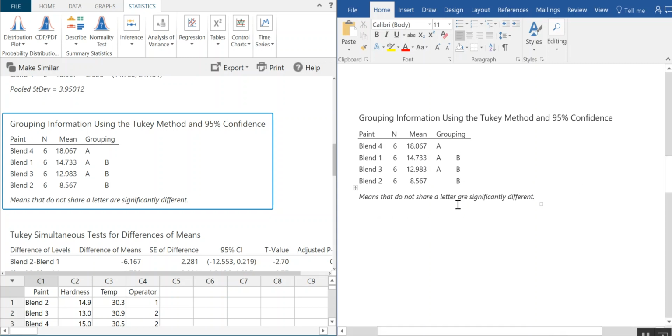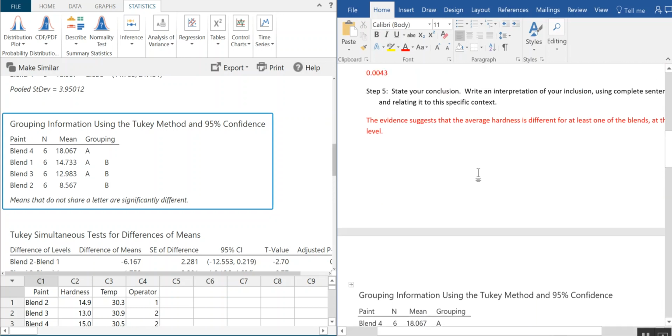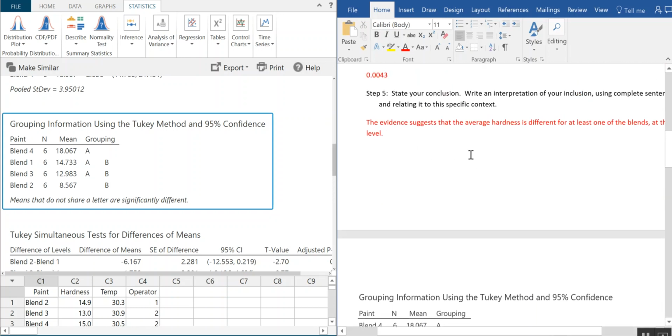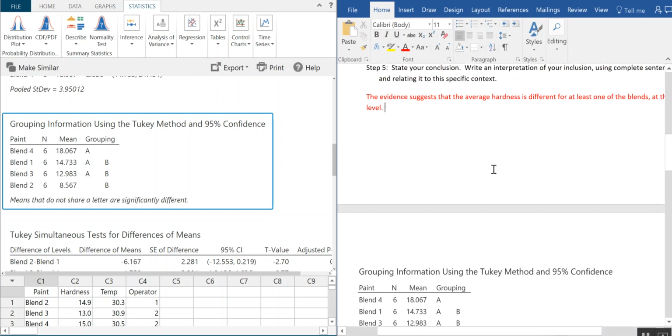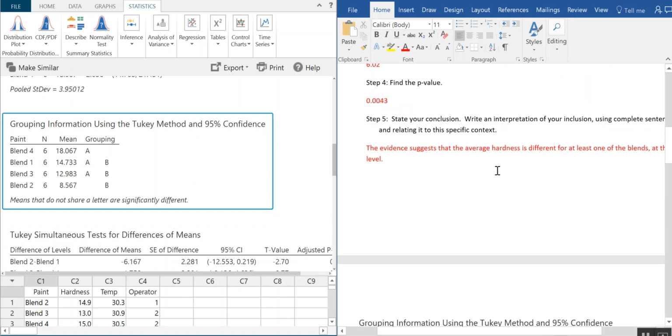So really what we're going to be able to say is not only are they different, but you can now say who has the best hardness or the largest hardness, if that's what you're interested in. Maybe you wanted it softer, in which case you would report blend 2, but if you wanted it harder, you report blend 4. So I'm going to report blend 4 as being harder than the rest of these, and blend 2 is being the softer. Was blend 2? It was blend 2. Okay. So additionally,